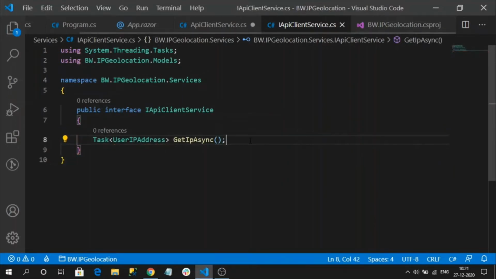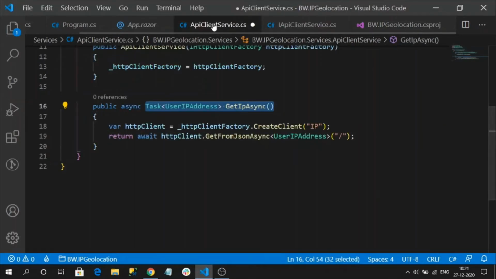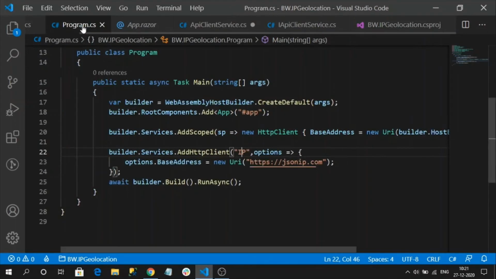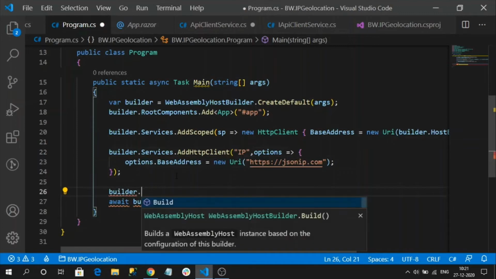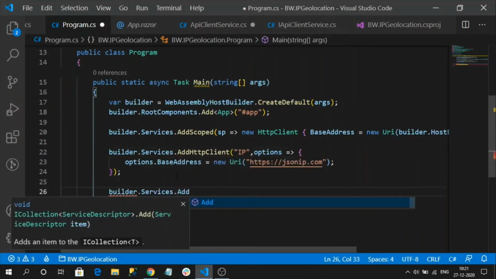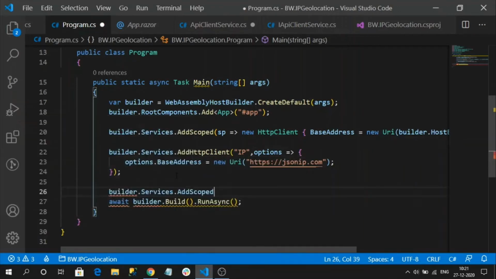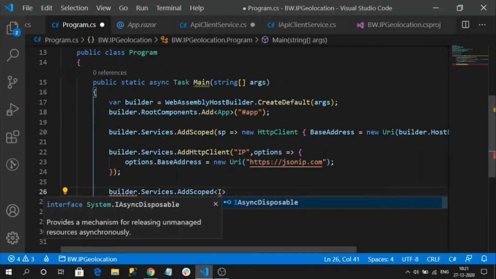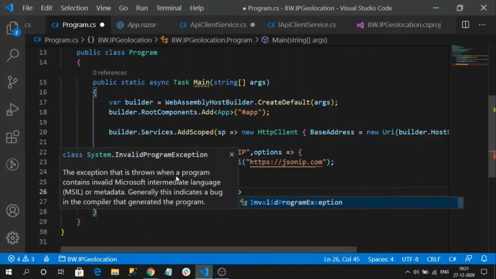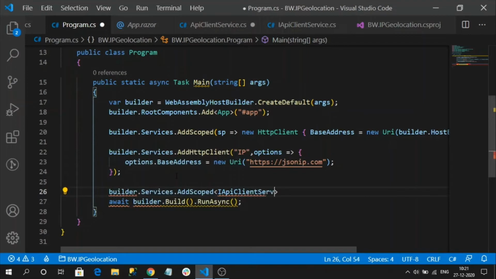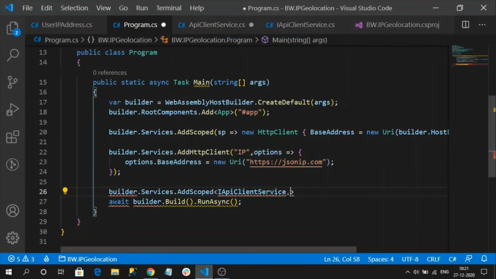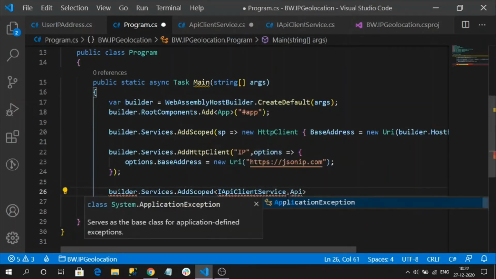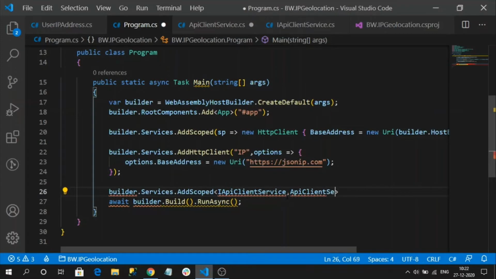So now we are ready to register our API client service in the program.cs file. So let's go here and builder.Services. I'm giving scope. I will register here the API client service. Sorry for that. Comma, API client service.